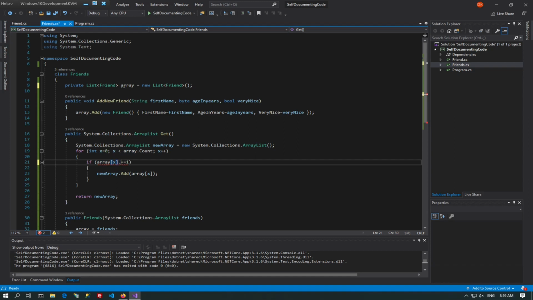So if I just say dot here now, he immediately knows what object it is, because that list can only contain that object. So the object we are indexing with X, we can say if very nice here equals 1. But remember, it's not an integer anymore. It is now a Boolean. So if it is equal to true, then go ahead and add